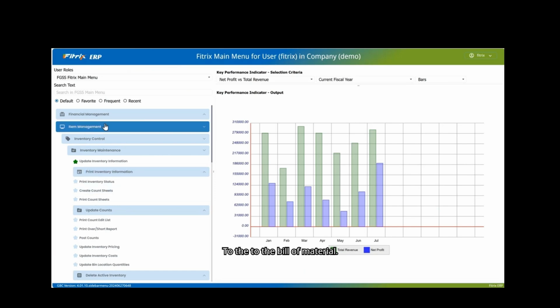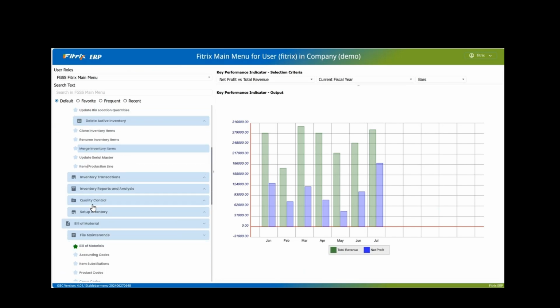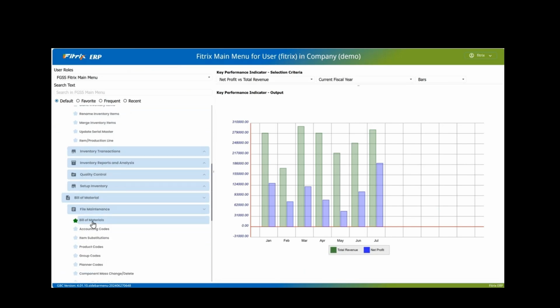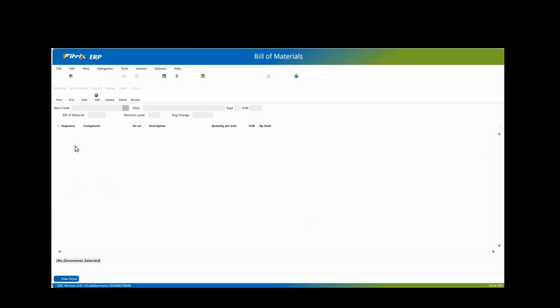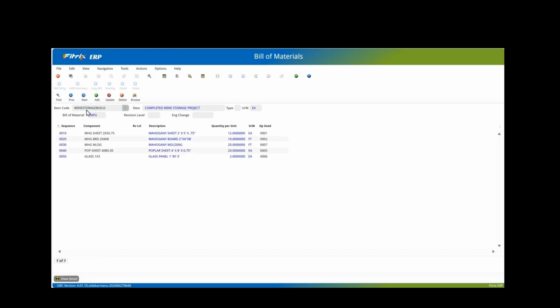to the bill of material. And bring that same item up. Here I defined some additional materials that I was making wild assumptions about what might go into it, that you